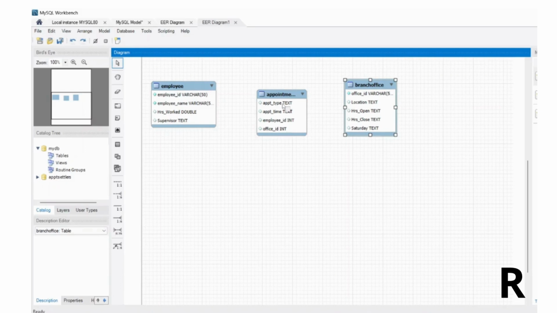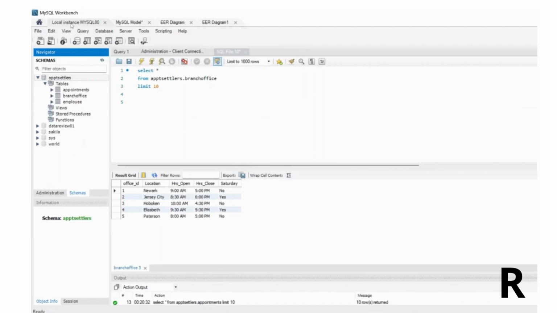See, so now I see if I'm going to do a join, depending on what I'm looking for, I know where those columns are located and how those tables are related to each other. Okay, so there we go. Now I can go back to my data. I can keep on looking at the data, if there's duplicates, if there's any